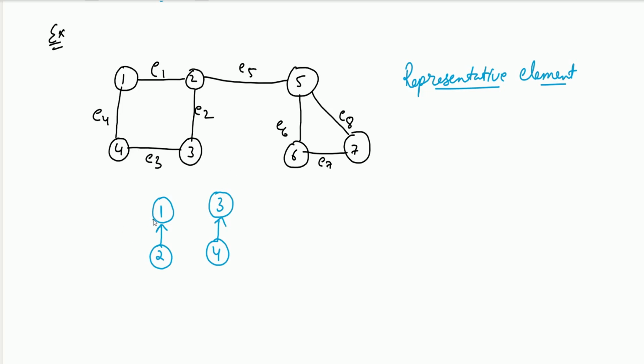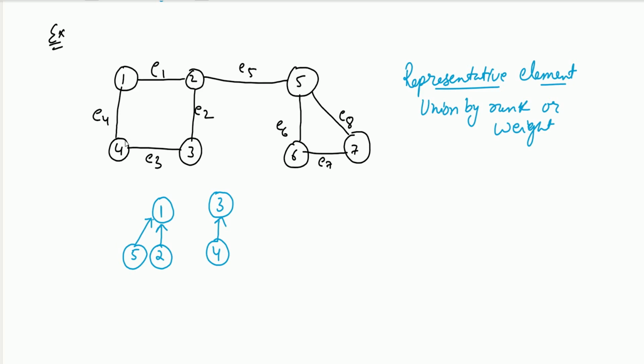So now what will we do? We will add the parent of 5 as 1. Now you can ask why the parent of 5 as 1? Because there were 2 elements in this set and there was only 1 element in 5. So what we do is union by rank or union by weight. When we have more elements in one set, then the other set's representative element will change. So the representative element of 5 will now become 1.